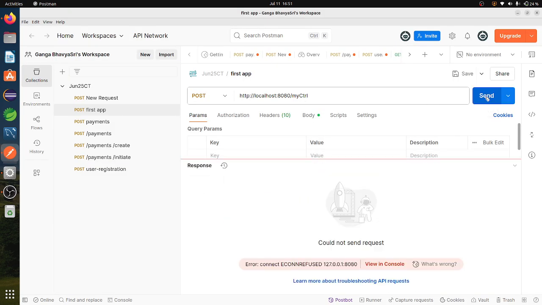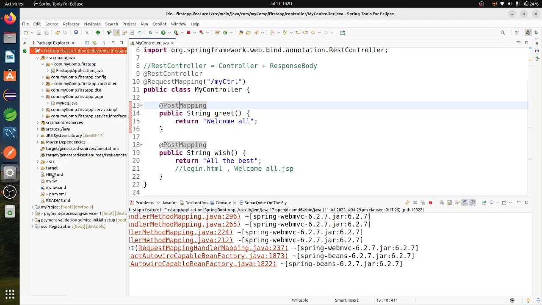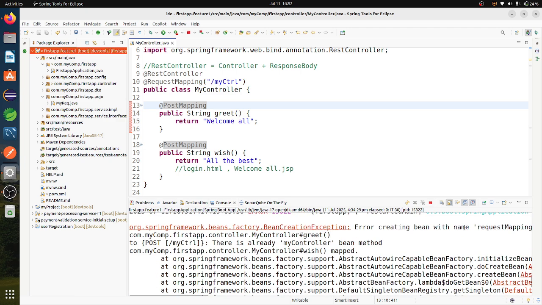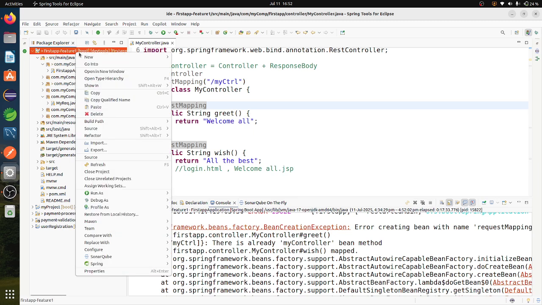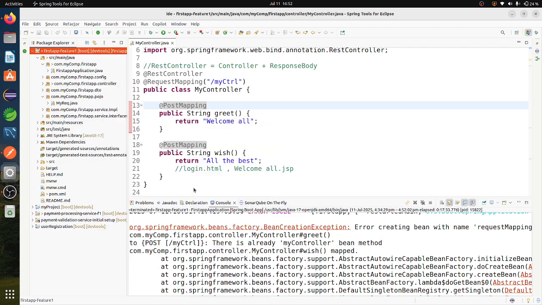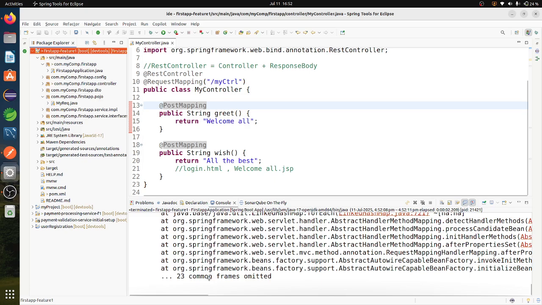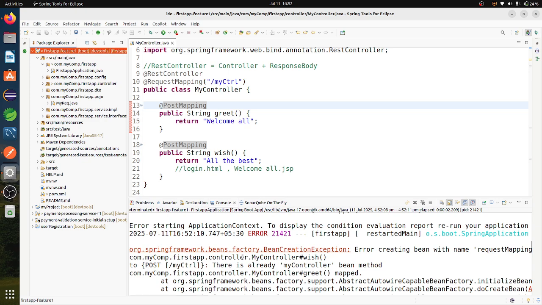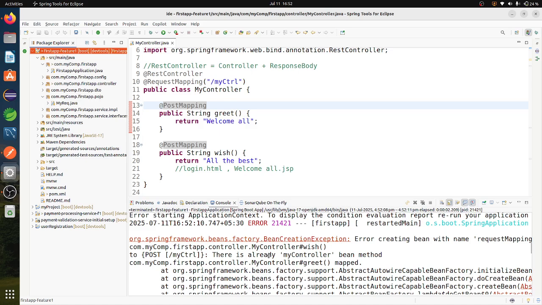Then if I pass this one, I will run it again. Here it is throwing a compiler error before running the application and testing in the Postman tool, because there are two methods with the same annotation.